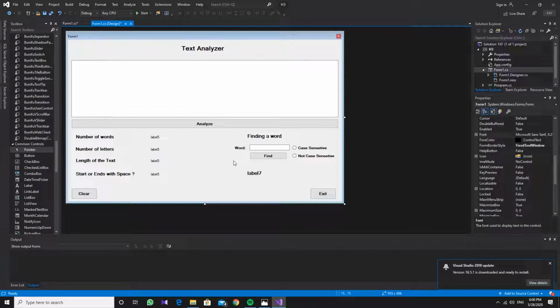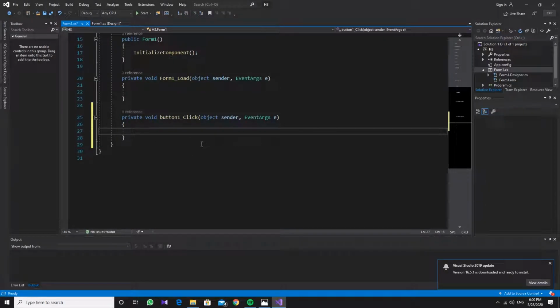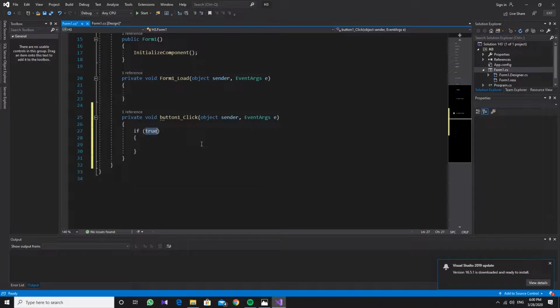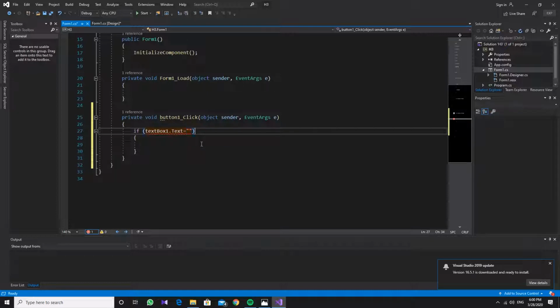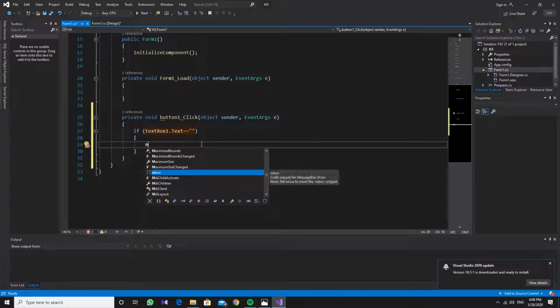First, the logic: it says that if the text here is empty, I don't want any of our operations happening. I want to give an error. So when I click analyze in here, as usual, we're saying not 1 equal, 2 equal. So we're saying